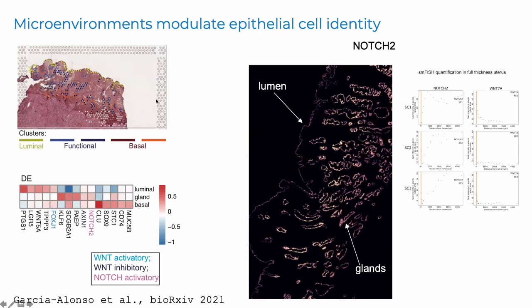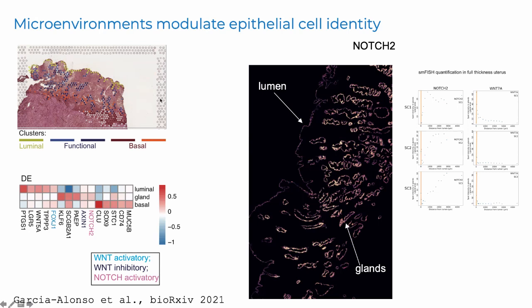We wanted to see if this pattern of the pathways is also seen in space, and we do that again by using spatial transcriptomics. Here we didn't integrate it with single cell, we just did unbiased clustering on the epithelial cells, and you can nicely see how the unbiased clustering really clusters with the lumen, the glands, and the base, just highlighting how important the environment is for the identity of those cells. And again, we see the same pattern, that more in the lumen, it's enriched in ciliated cells.